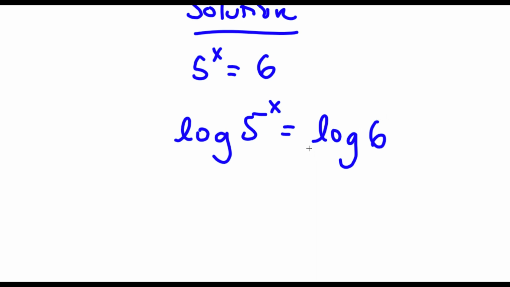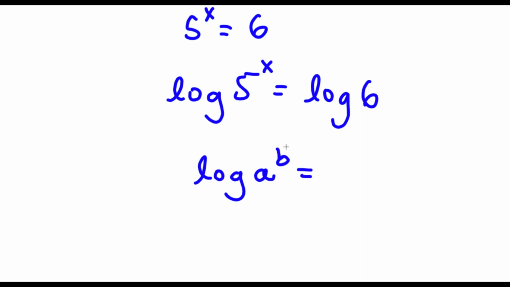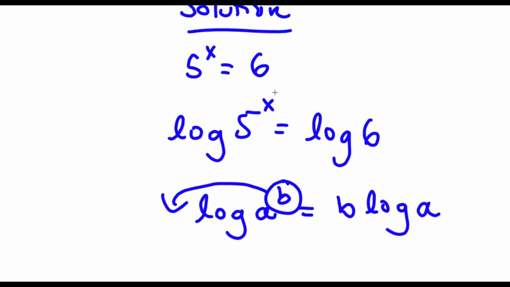Now, an important property of logarithms is that if I have something in the form log a to the power of b, I can actually move this exponent b to the front. So this is going to equal b times log a. So log 5 to the power of x, I'm going to do the exact same thing. And the reason why this property is so useful is because